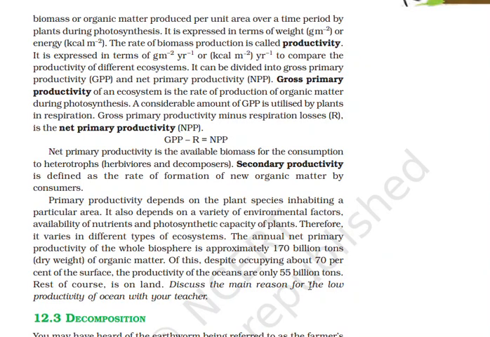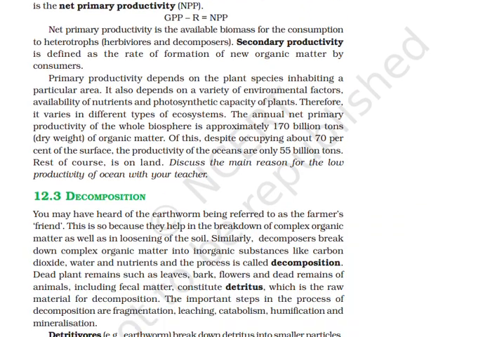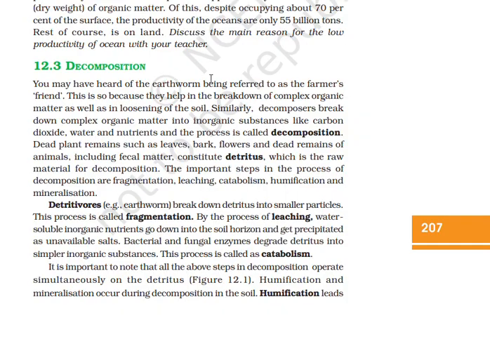Discuss the main reason for the low productivity of ocean with your teacher. Decomposition. You may have heard of the earthworm being referred to as the farmer's friend. This is so because they help in the breakdown of complex organic matter as well as in the loosening of soil. Similarly, decomposers break down complex organic matter into inorganic substances like carbon dioxide, water, and nutrients, and the process